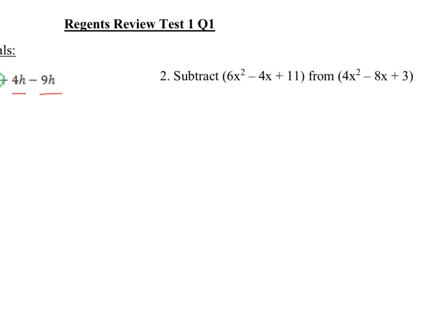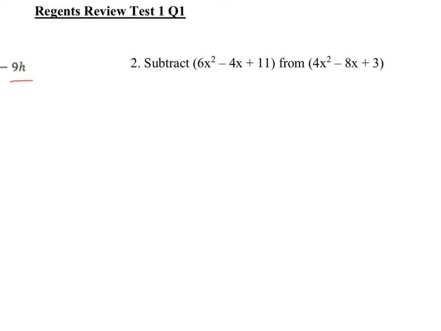So the next question says subtract 6x squared minus 4x plus 11 from 4x squared minus 8x plus 3. When you see the word from, it just means to switch them. So I'm going to do the first polynomial second. So I'm going to write 4x squared minus 8x plus 3 first, and then I'll put 6x squared minus 4x